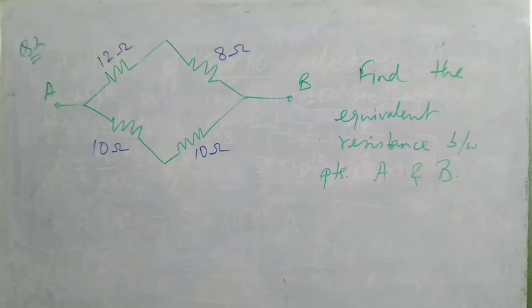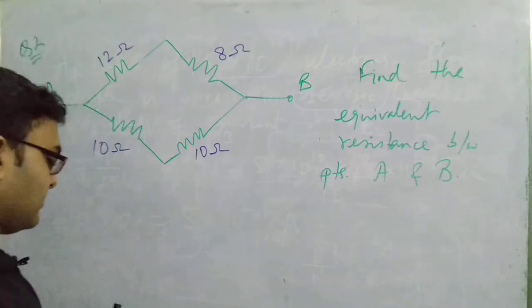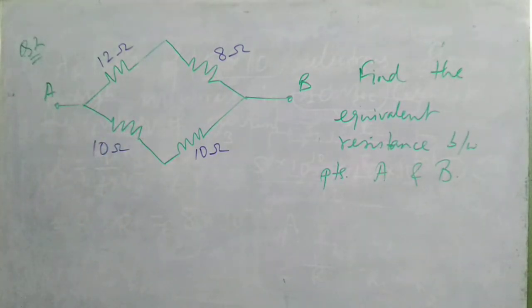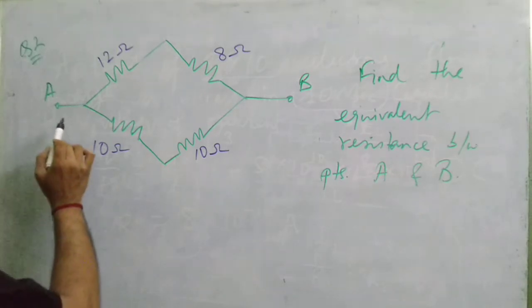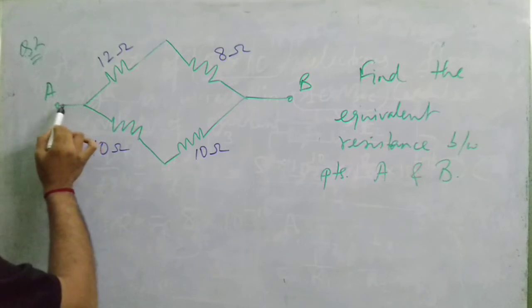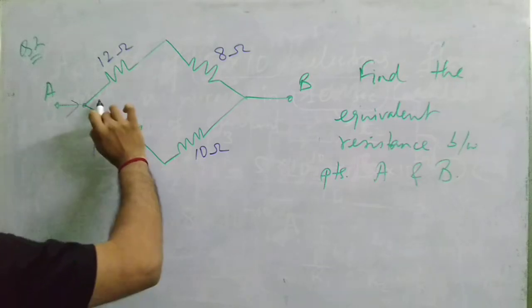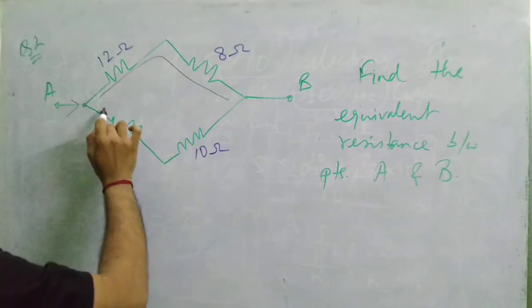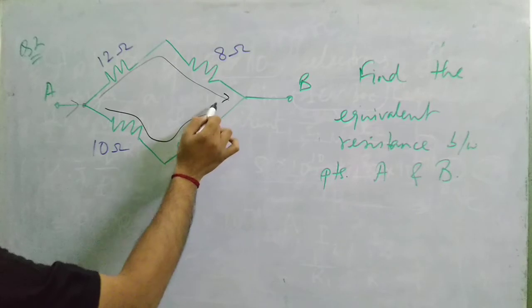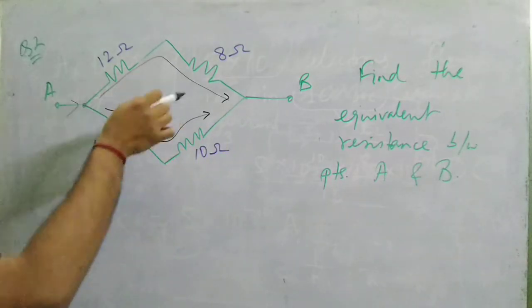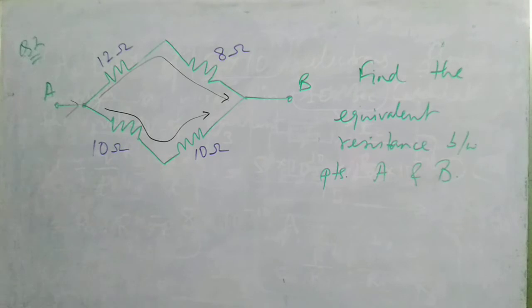Okay, so please pause the video and try it once, then check the answer. I am solving, but you please pause the video and solve the question first. Okay, now see here, when I am solving this circuit, if I consider that some current is coming and flowing through the circuit, when it comes to this point, it gets two paths to divide. From here, it can either go in this direction or in this direction, isn't it? So these are the two paths that the current can flow through.